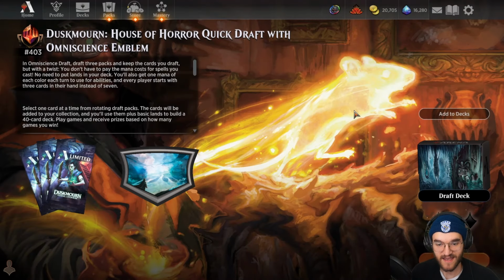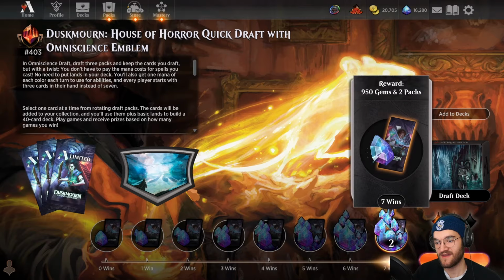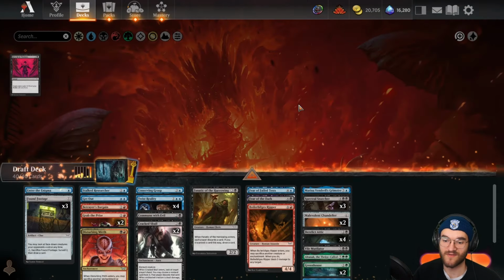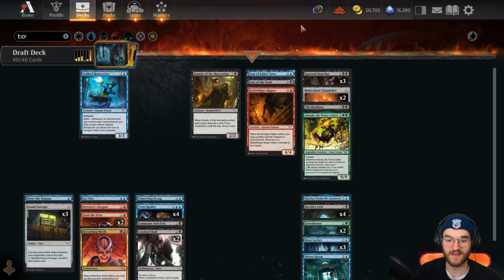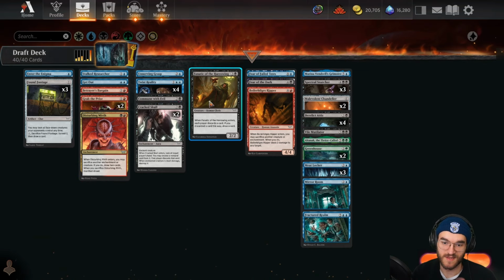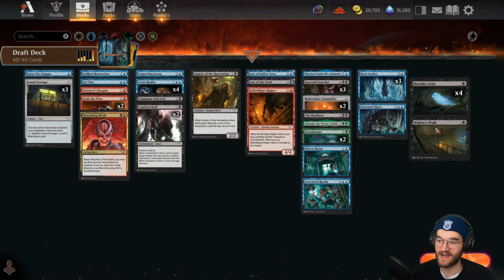We got a little luckier. Won a lot of die rolls today, being on the play obviously massive. And the draft itself is always a die roll in this format, where you're really hoping to open as many copies of Derelict Attic and Meat Locker as possible. And I don't know why I'm searching by creatures and non-creatures. This is Omniscience, it really doesn't matter. But yeah, triple Drowned Diner, 4 Derelict Attic,